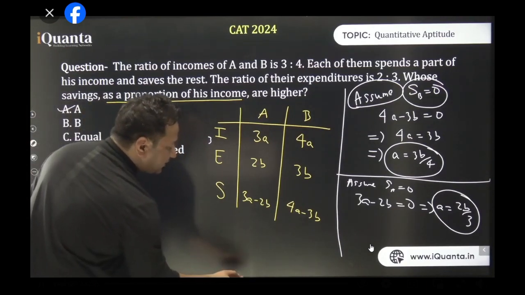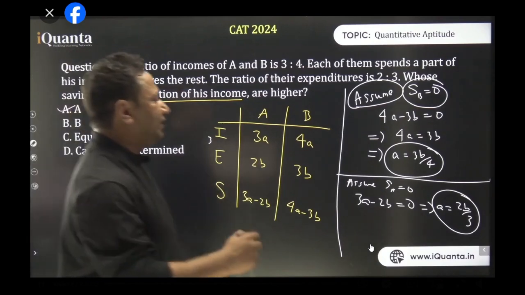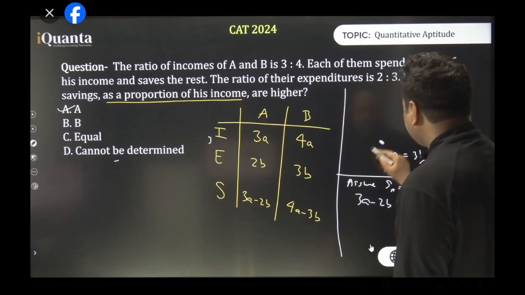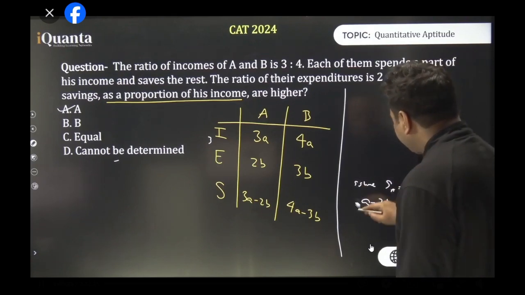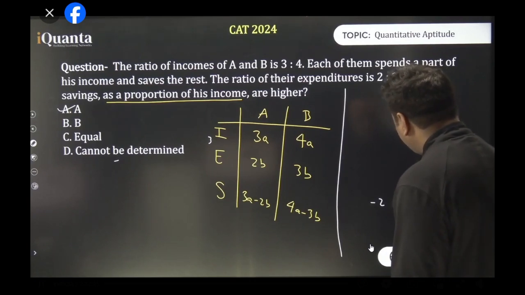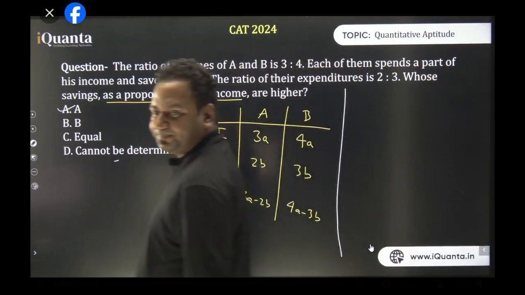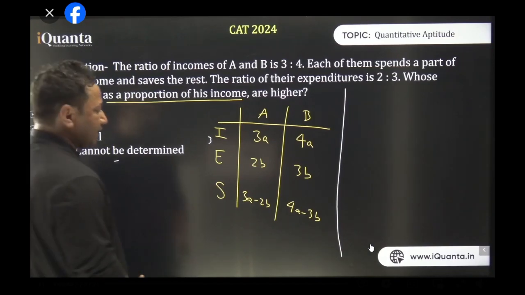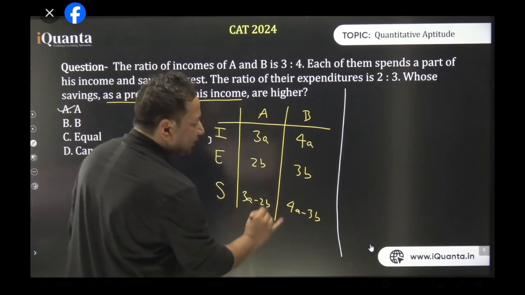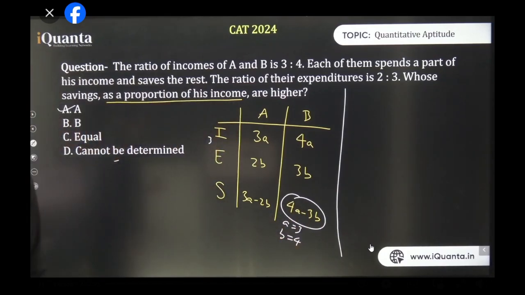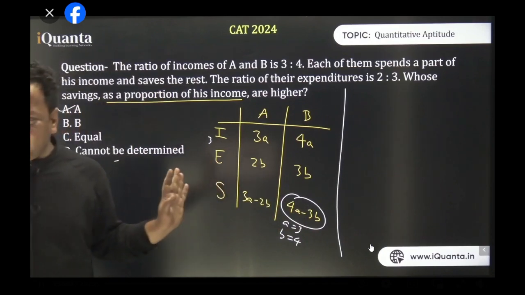So instead of assuming both to be 0 at two different points of time, let's assume only one to be 0. Okay? I did both the things so as to make you aware that it will be the same. Even if it is happening in one case, the other will happen too. So you don't need to do it for both of them. So now let us do it orally. Look, if I want to make this 0, I can put A as 3 and B as 4. Isn't it? Yes or no? 4 3s are 12, 3 4s are 12, minus, 0 done. Yes or no?